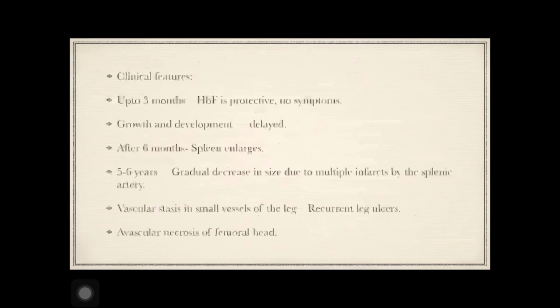Now coming to clinical features. Up to 3 months, because there is HbF which is protective, there won't be any symptoms. The growth and development of these children are delayed, and after 6 months the spleen enlarges, and during 5 to 6 years of age, there is a gradual decrease in the size of the spleen due to multiple infarcts caused